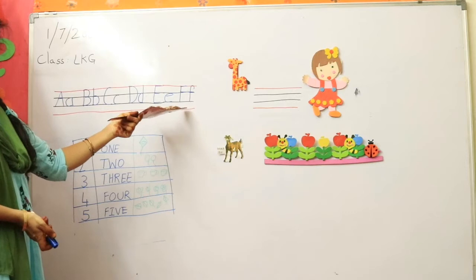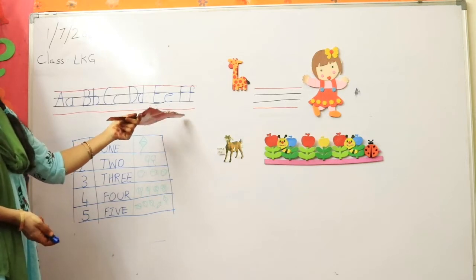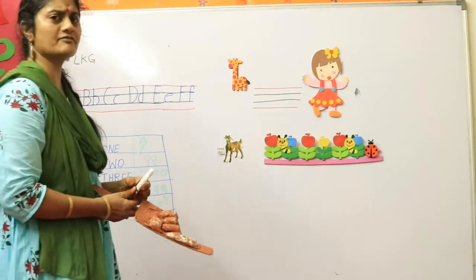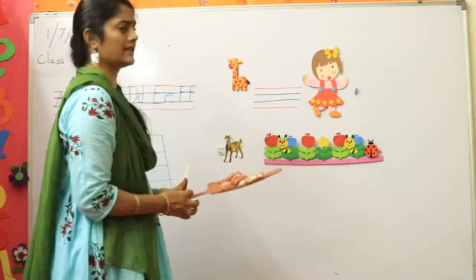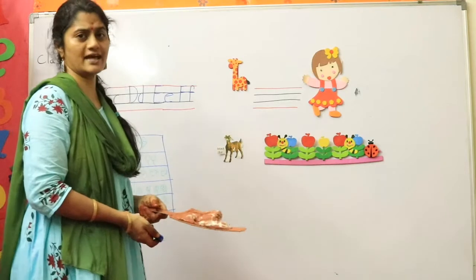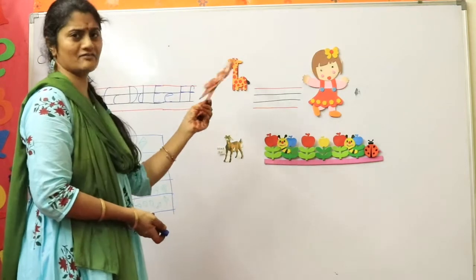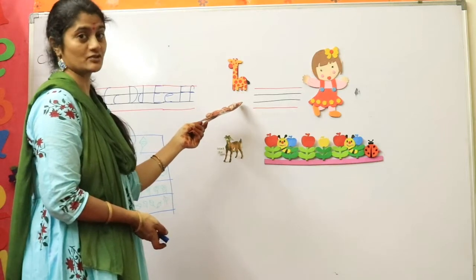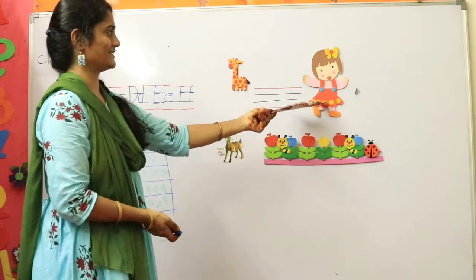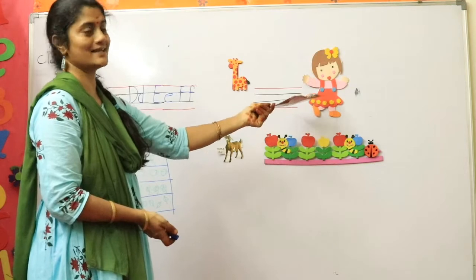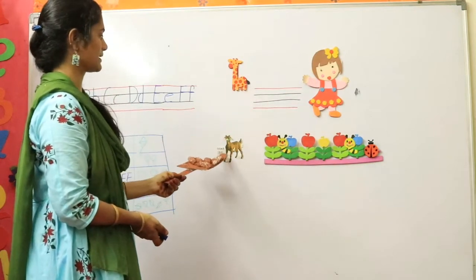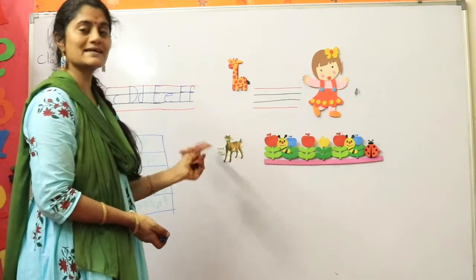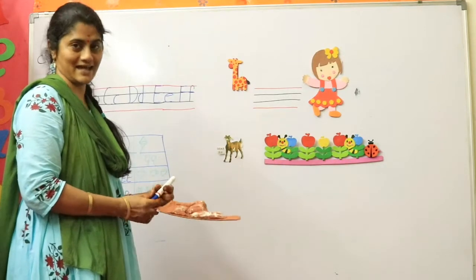F, feather. Feathers of a bird. Birds have feathers. Now what comes after F? Can anyone guess? Do you want to guess? What do you see on the board? I have given some clues for you. What is this? That's a giraffe. Very good. That's a little girl. Giraffe, goat, garden. So all these begin with, yes,